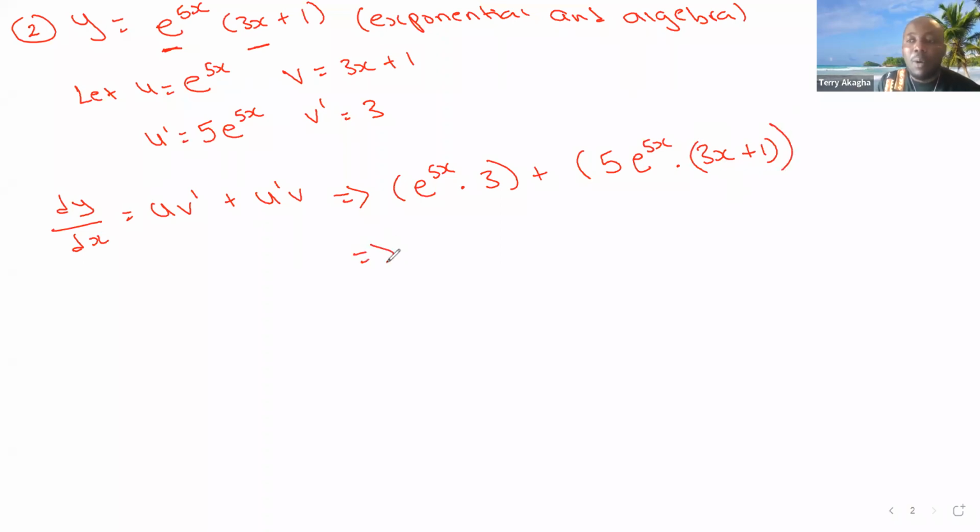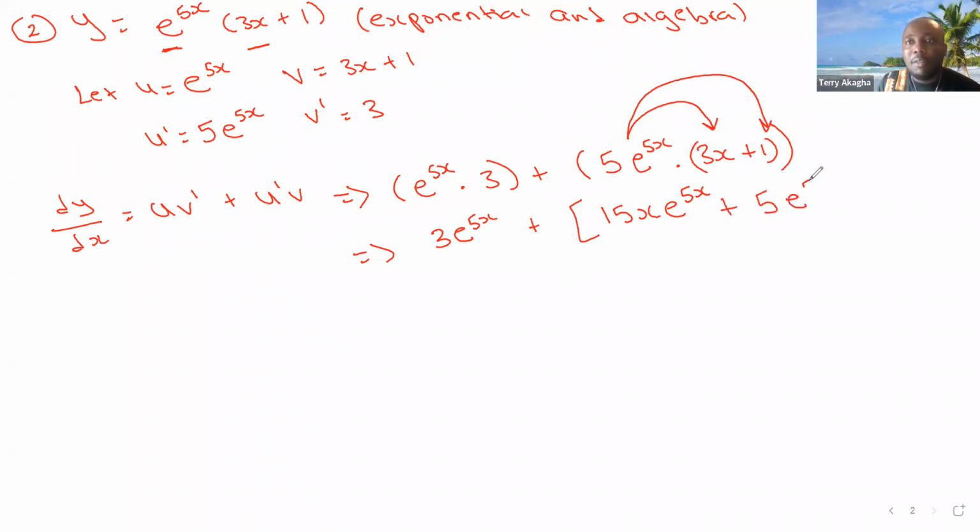That's it. And when you do this, it's going to give you 3e^5x plus, you open the bracket, this times this. You use this to multiply this one here, okay? And that will give me 15x e^5x. We use this to multiply this, we're opening the bracket, plus 5e^5x. Can you see? We open the bracket further, and that will give me